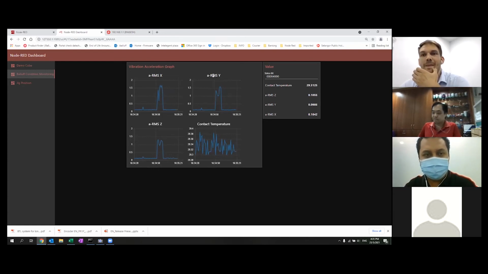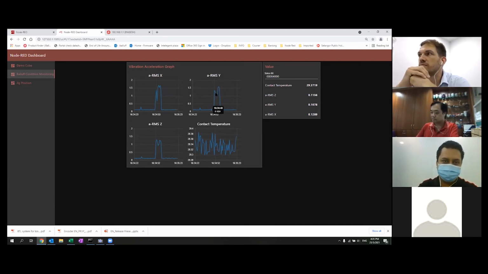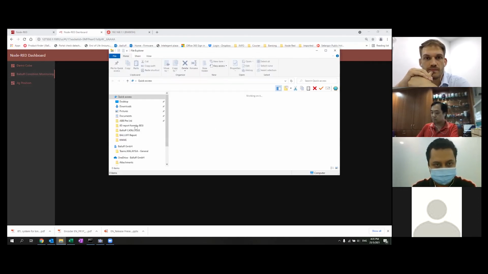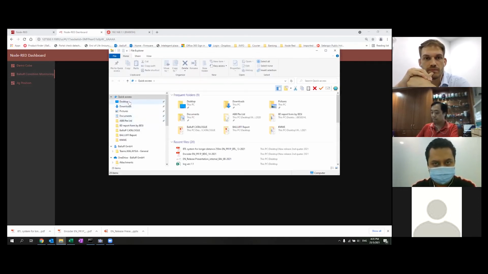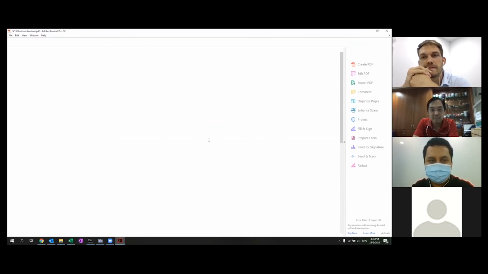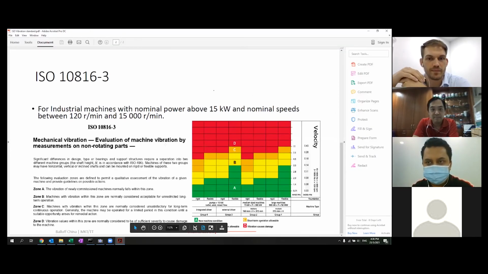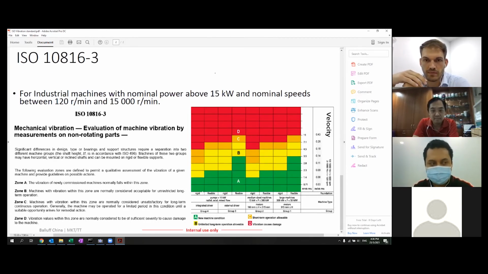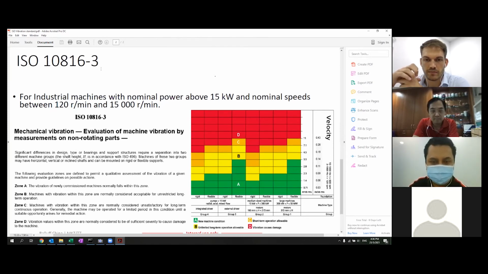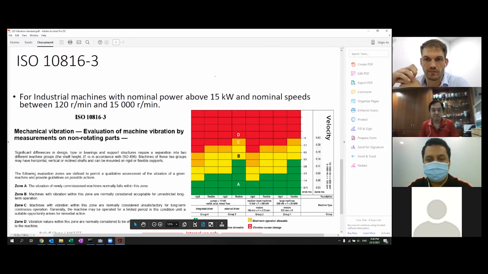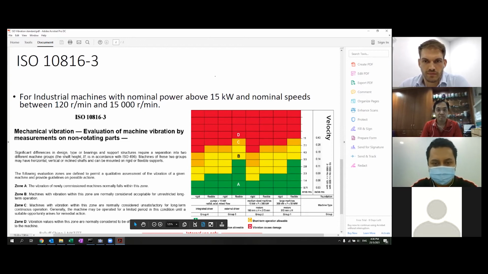Okay, so actually this kind of data we can also view in ISO standards. So if I open up. Okay, so by following the standards, let me explain a little bit here. Here it falls into 2 categories based on ISO 10816-3. If you mount your pumps or medium-sized machine motors or valves on rigid or flexible mounts, then you can monitor this